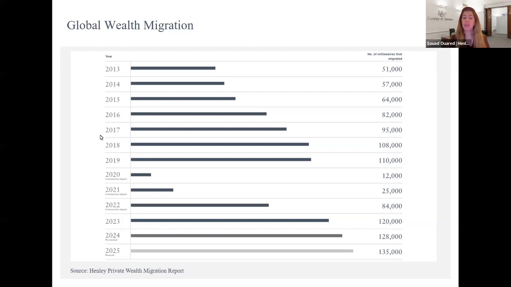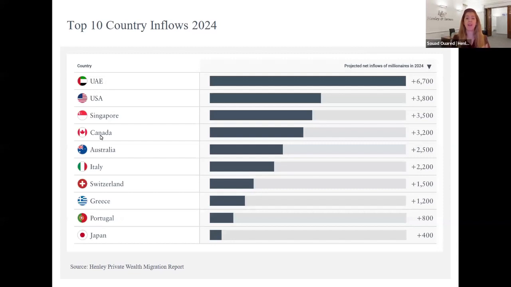So now probably you're wondering, which countries are these? Which countries are having more inbounds or outbounds? And this is where we can see here the top 10 country inflows in 2024. The UAE, actually, for a third year, had the most millionaires coming in to settle, with more than 6,700 people settling in the UAE. And it is followed by the USA with